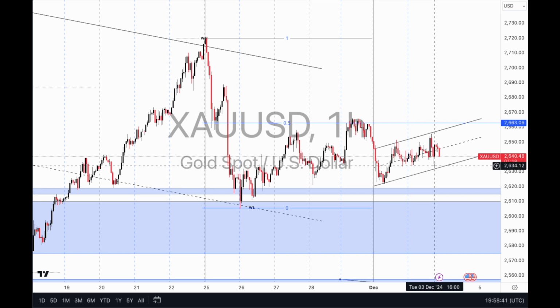Let's have a look at the time, 1500. Hence why we got the push to the upside over here. So bad means price is going to go up. Good means price is going to come down. It's going to get cheaper. Kind of straightforward to work your head around the fundamentals.